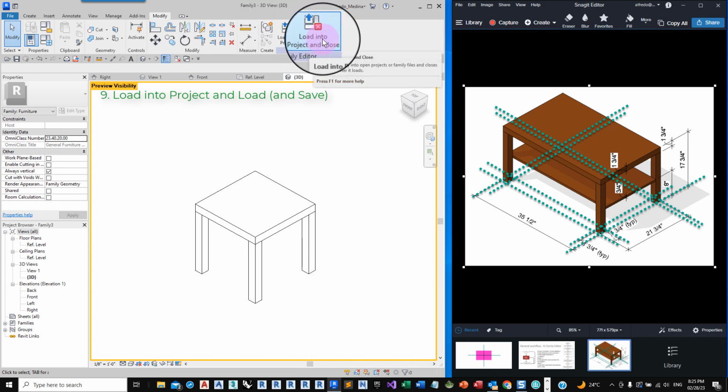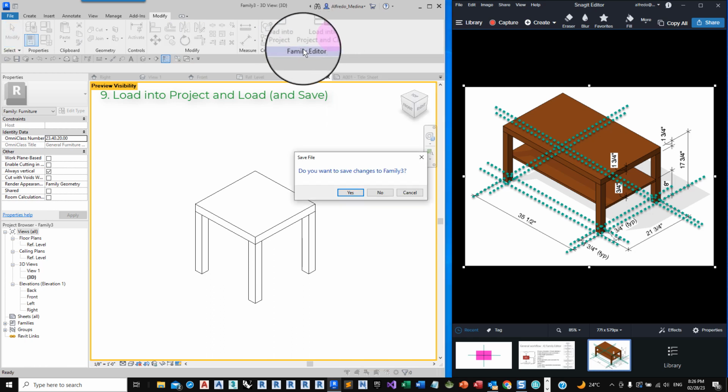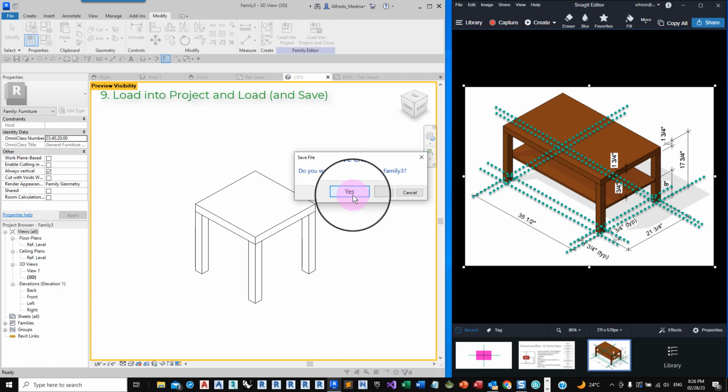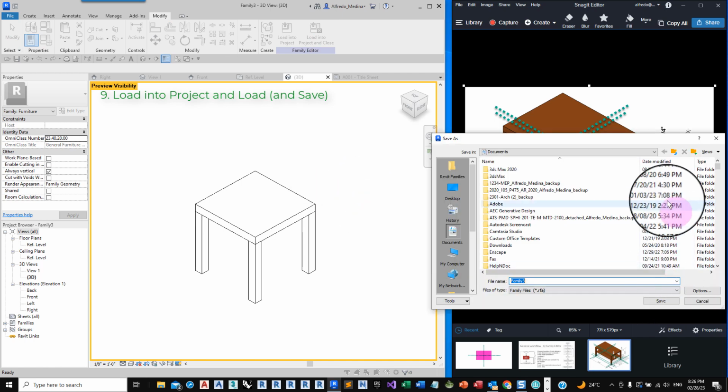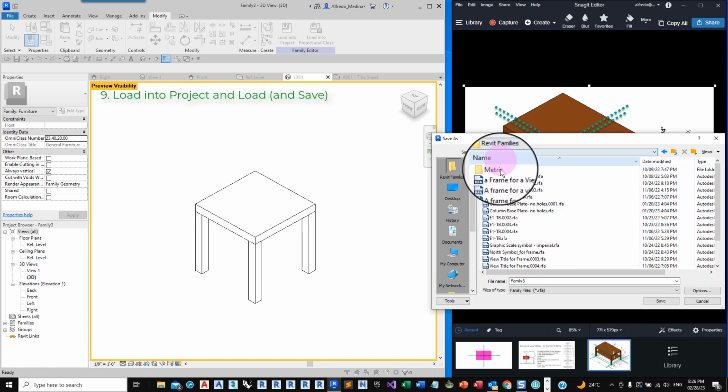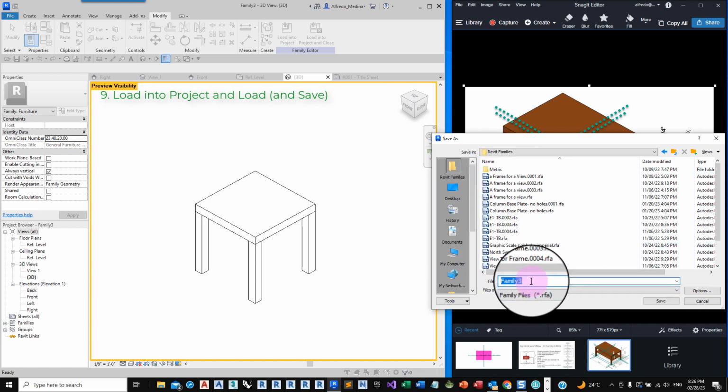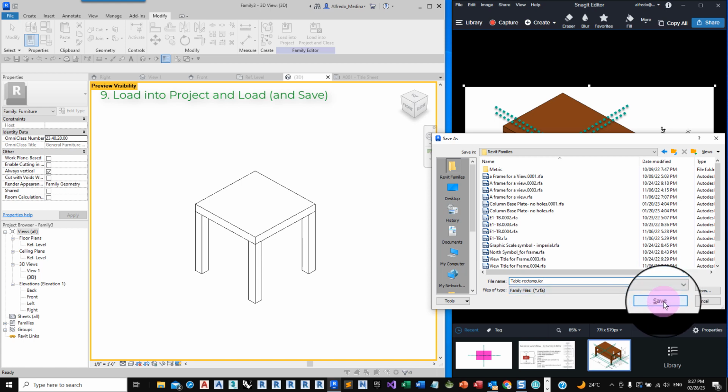So this is the time to use this tool, load into project and close, and save the family. Let's suppose that I save it in my Revit families folder and I call this table, just like that. It could be table rectangular, and click on save.